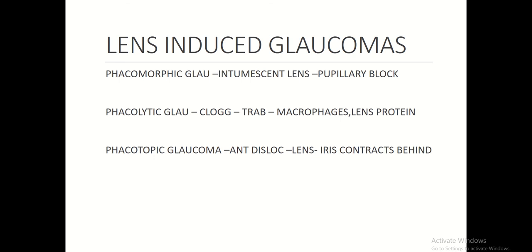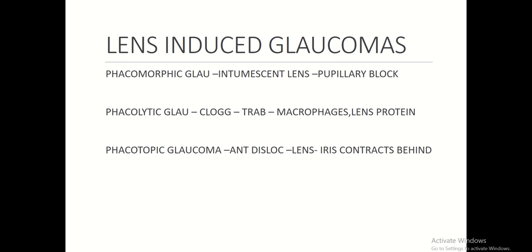The swollen lens can occur in the course of its maturation, or when there is an injury to the lens, there may be a sudden swelling in the lens, and the lens swells suddenly and it causes a pupillary block. Because of this pupillary block, the aqueous gets accumulated behind the iris, pushes the iris forward, leading to iris bombe and a secondary angle closure glaucoma.